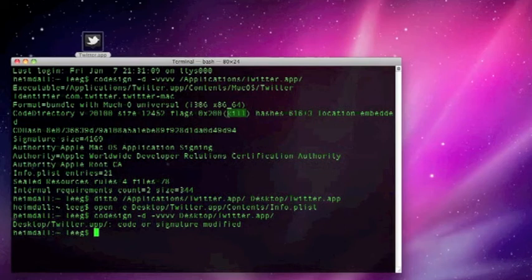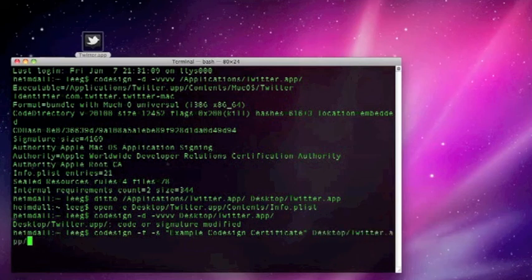What is clear is that code signing is not an anti-piracy measure. It can't stop you from distributing an application and even changing it and passing it off as your own. It is just there to identify signed chunks of code, signed apps, to the operating system. And to give even more proof of this, should it be necessary, let me sign this broken Twitter application again